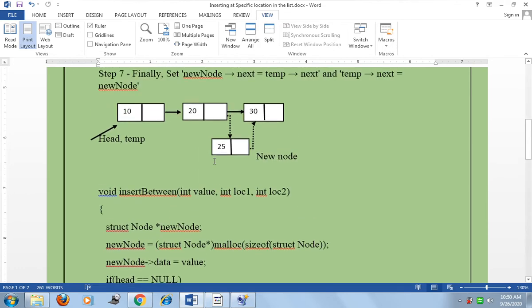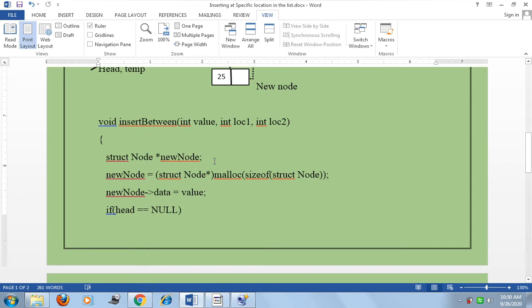Now practically, I take a function insertBetween. I pass the arguments integer location1 and location2. Location1 means the value of the first node, and location2 the value of the other node between which we insert a new node.